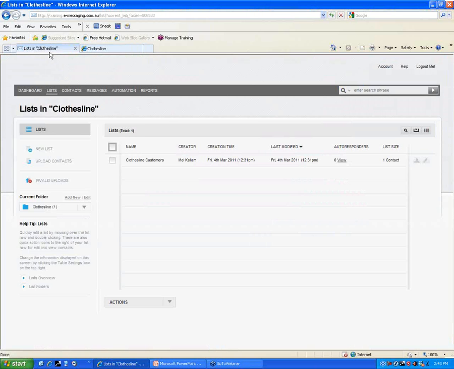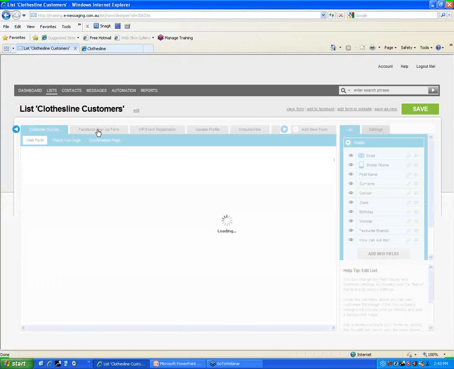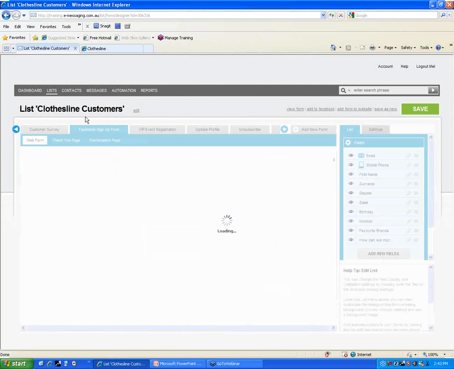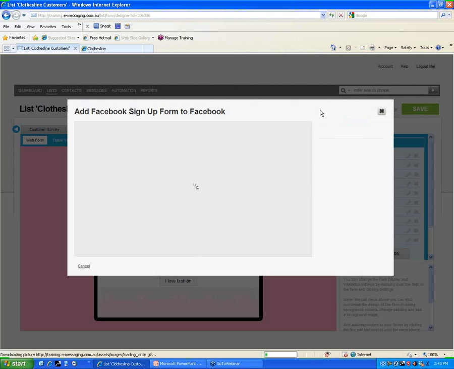So back here, I'm going to come into a previous web form that I've created. In lists against my database here, I'll just edit it so I'm in the web form editor. Okay, so here's my form that I created earlier. So now I want to add this into Facebook. You just click the link here at the very top right that says add to Facebook, and then the